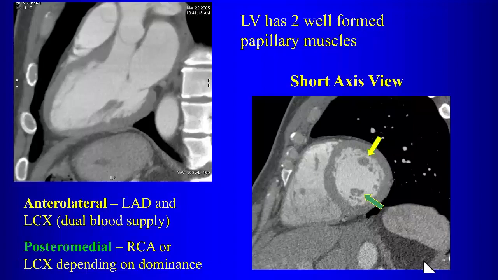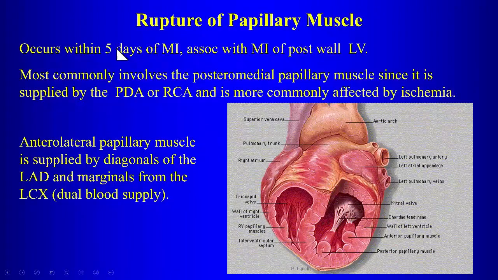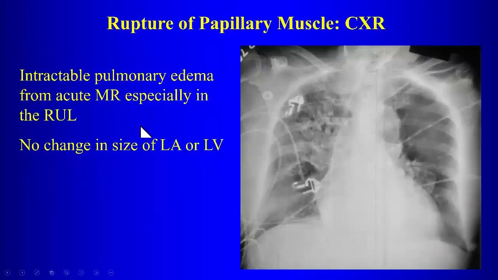Okay, so rupture of the papillary muscle. This can occur within 5 days of MI, and most commonly involves the posterior medial papillary muscle, because it's supplied by the PDA or the right coronary artery. And as we talked about, the anterolateral one often has a dual blood supply. And then this asymmetric pulmonary edema in a patient who has a history of recent myocardial infarction, especially pulmonary edema like that in the right upper lobe or consolidation in the right upper lobe, can be an indication of rupture